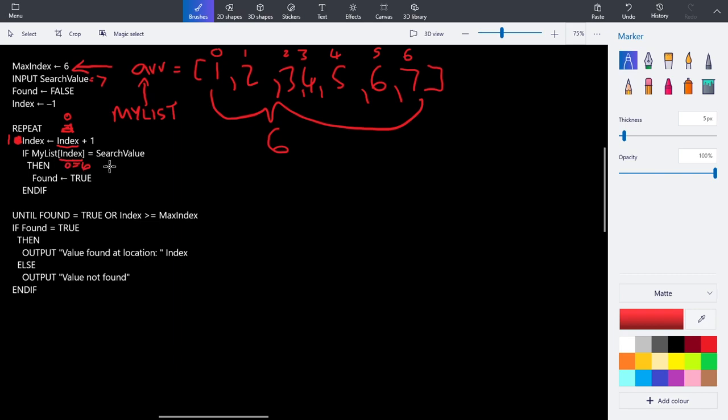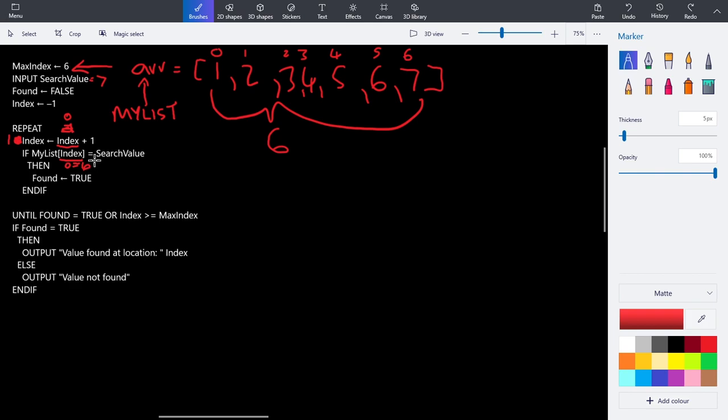Each time it repeats, the index will increase, and it'll keep checking if the value in the array at that index is equal to the search value. It isn't equal to that search value in this case, as we can see, until the index is equal to 6. As soon as it's equal to 6, it's equal to the search value,